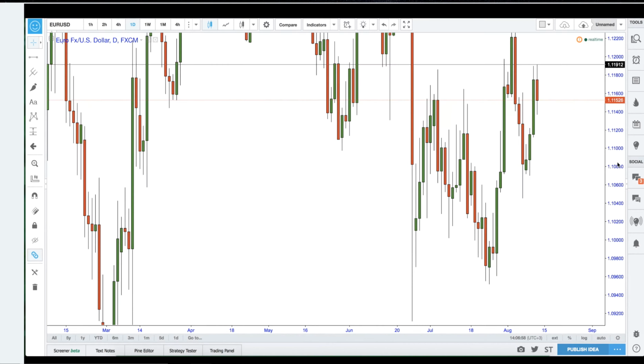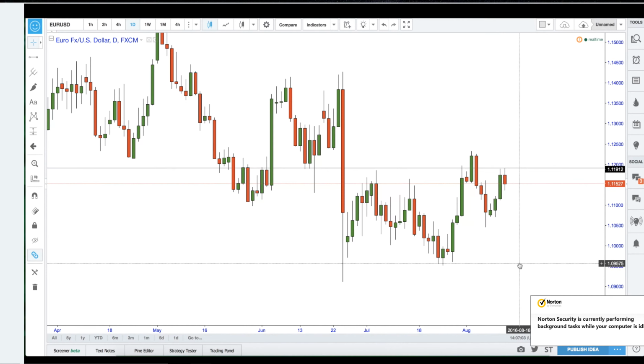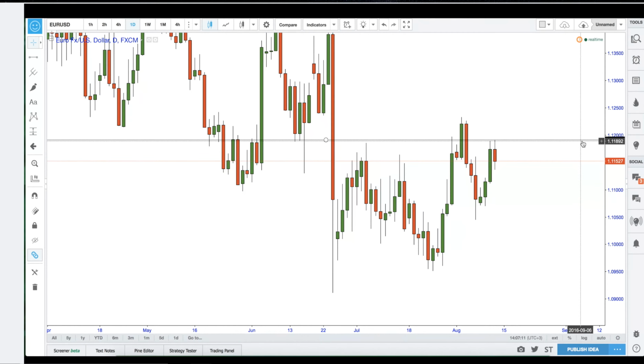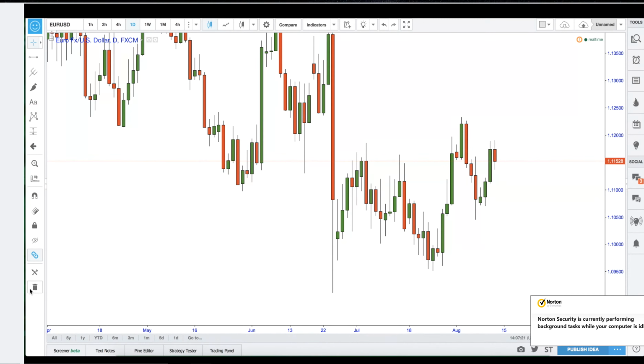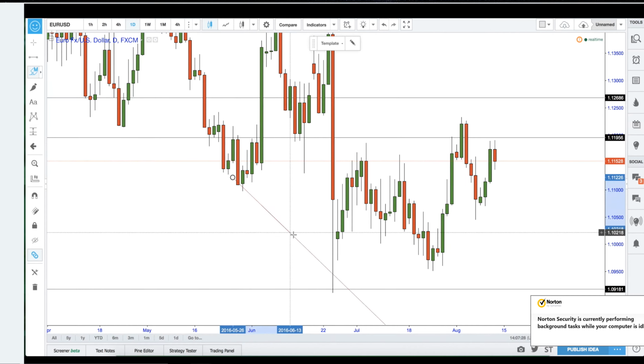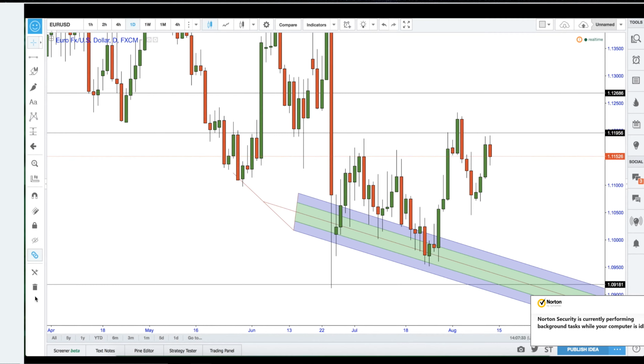If I look at the daily time frame on the Euro USD at the moment, everything's looking pretty nice. We have clean shots. And by the way, guys, that line was just obviously as an example. I was going through the precise label option there, but over here we have the bin, remove all drawing tools. And we can click that and everything will be removed from the chart. So if I just go ahead and draw a few things on here, if I just mess about with some of this, blah, blah, blah. Instead of going individually one by one, if you want to clean your chart, you can just click that.